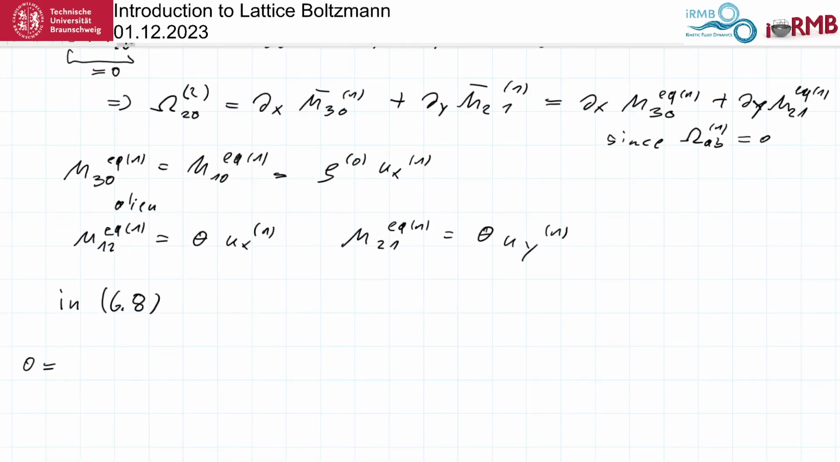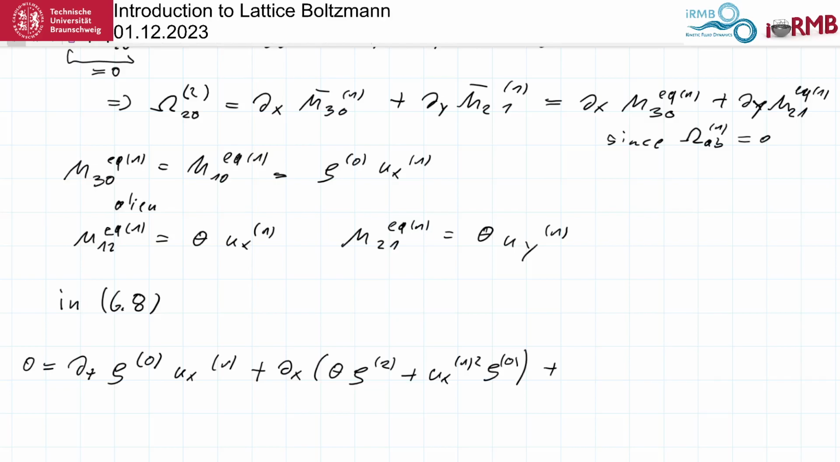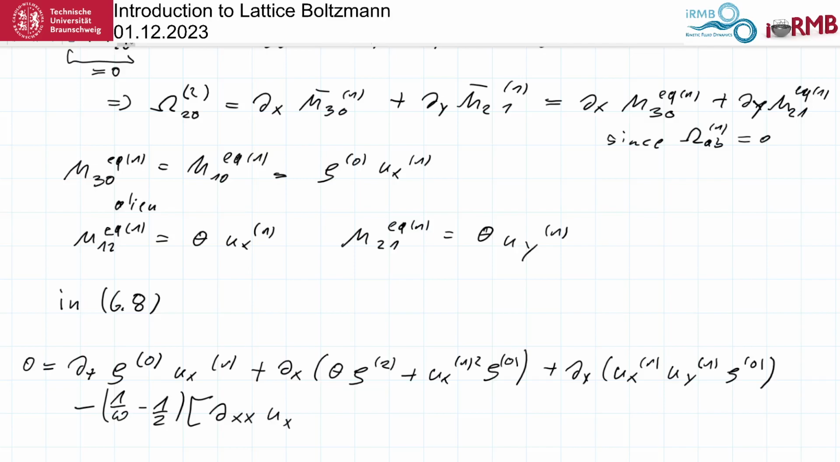and this gives us 0 is dt rho 0 ux first order plus dx theta rho square ux first square rho to 0 order plus dy ux first order uy first order rho 0 minus 1 over omega minus 1/2, take the phone, dxx ux first order rho 0 plus dy